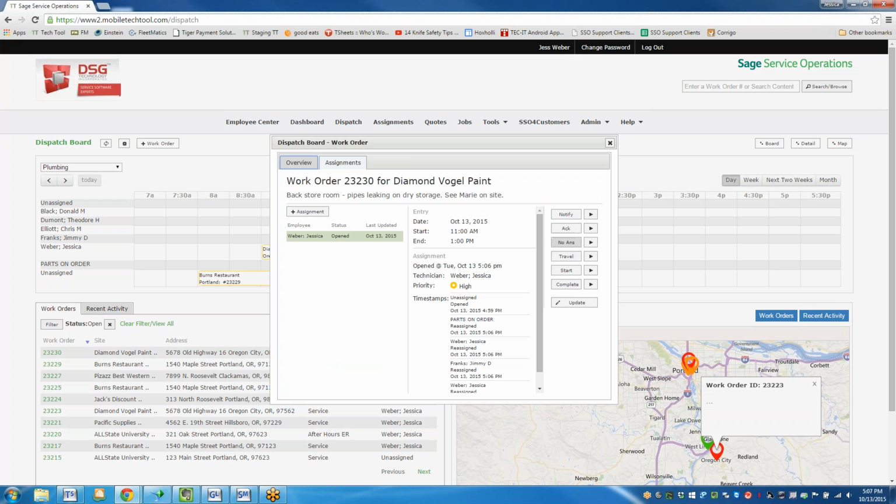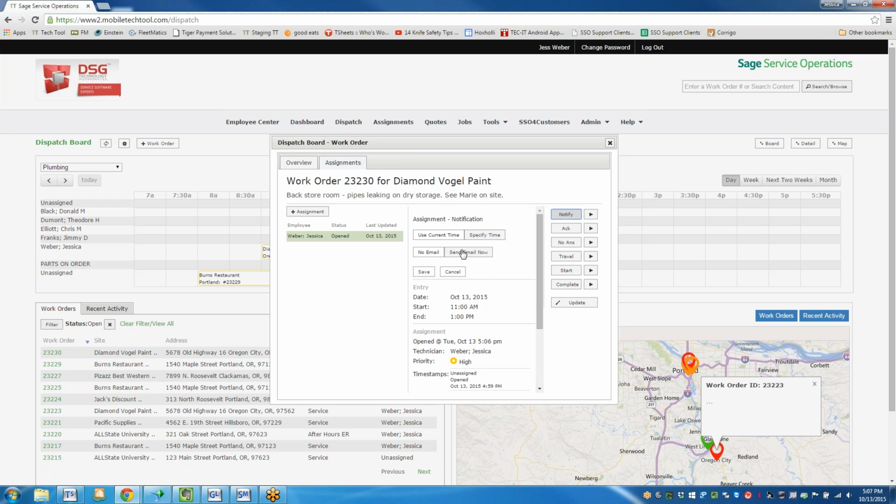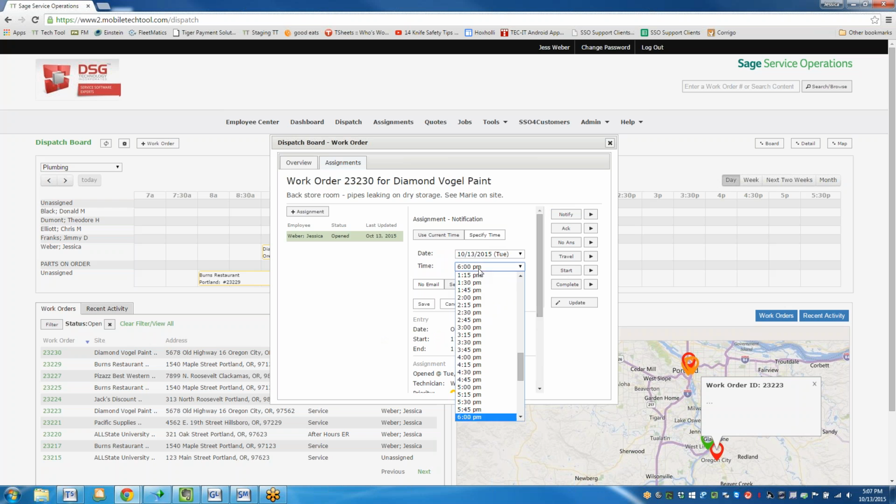So these are my quick hit buttons. If I just wanted to automatically notify the person of the call at whatever time my system says, I'd hit this play button. If I don't want to notify them exactly at this time, I can hit this notify word button, and I have a few more options given to me. I can use the current time or specify the time. And so I'm going to specify the time as Tuesday, December 13th at